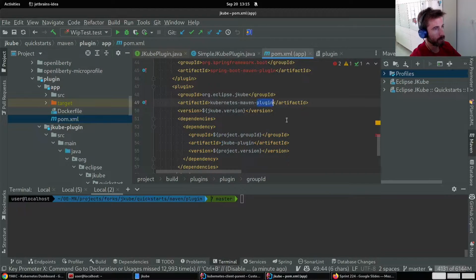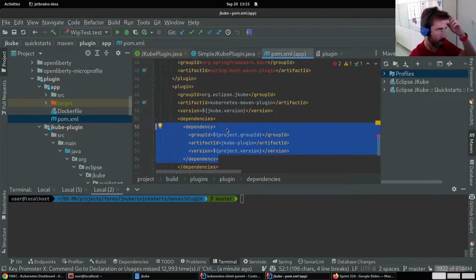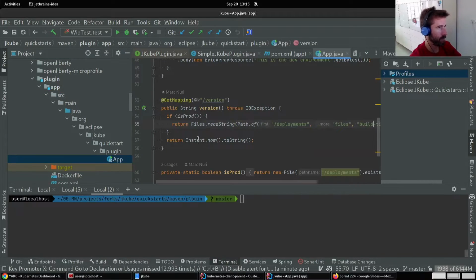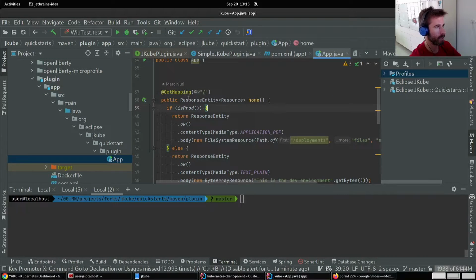So in the Kubernetes Maven plugin configuration, what we will do is add a dependency to this plugin implementation so that the Kubernetes Maven plugin, or JKube, will automatically detect this plugin and use it during its processing. Regarding the app, it's very, very simple. It just has a